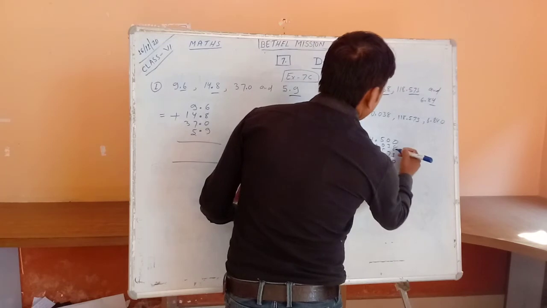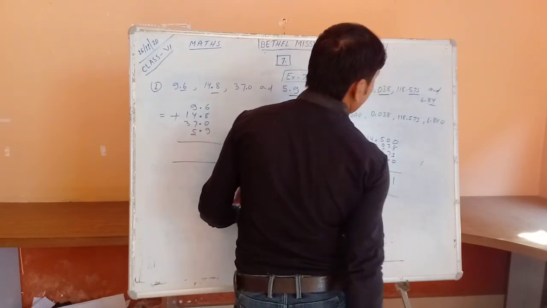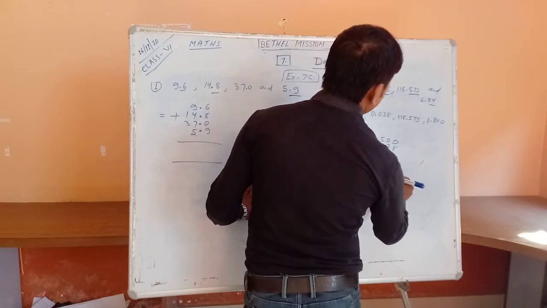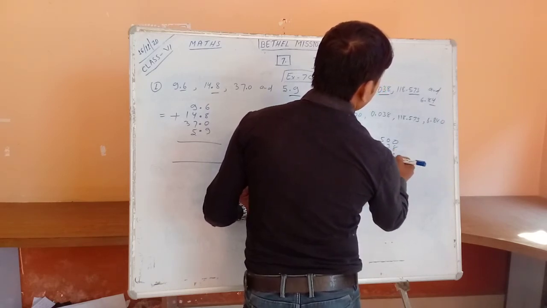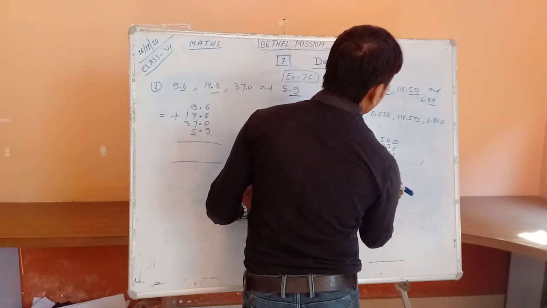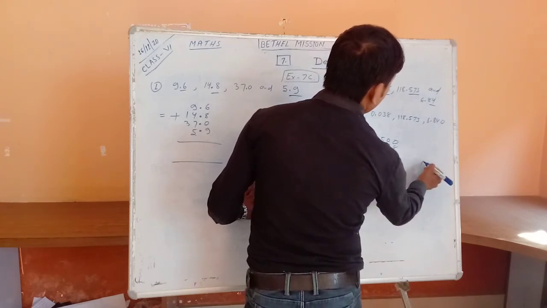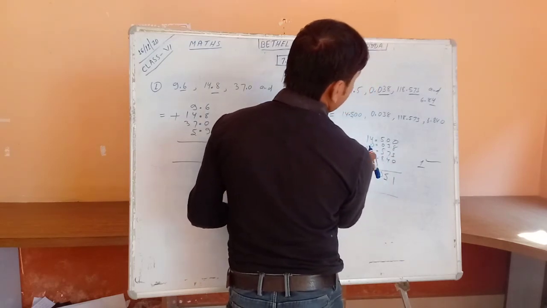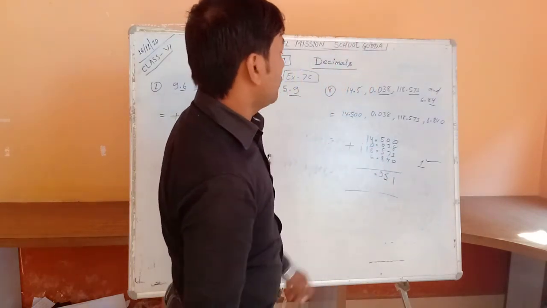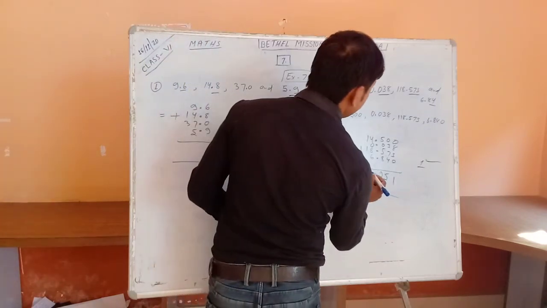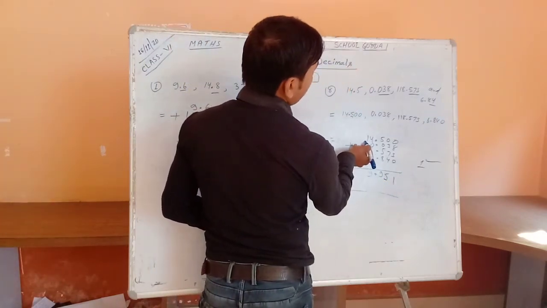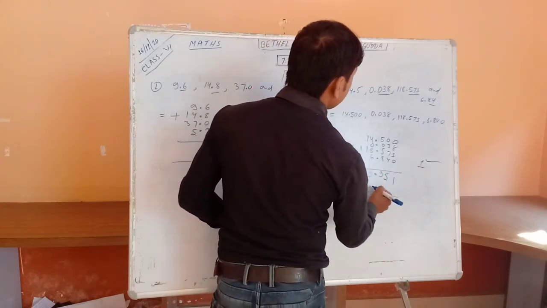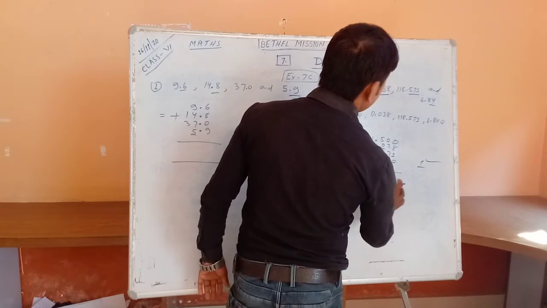Now you can add this way. 8 and 3 is 11, and we have 1. 7 and 3 is 10, and 4 is 14, and 1 is 15, we have 1. And 5 and 5 is 10, and 8 is 18, and 1 is 19, and we have 1 also. Now put the decimal. Now 8 and 4 is 12, and 6 is 18, and 1 is 19, 2 and 1 is 1, 2, and 1 we have, this becomes 3, and now 1. So this is the answer.